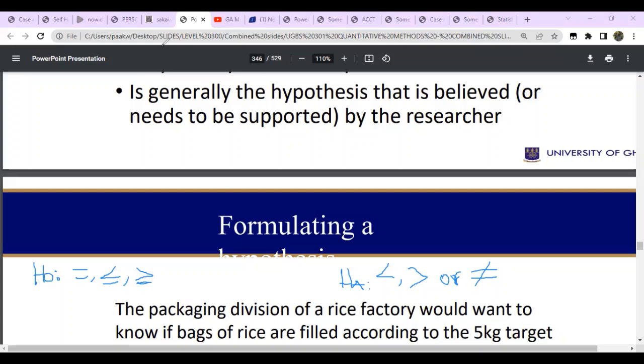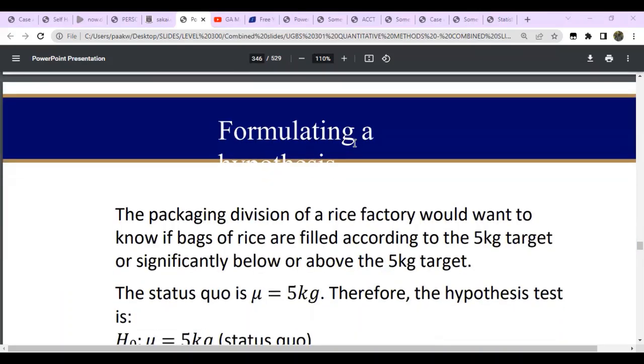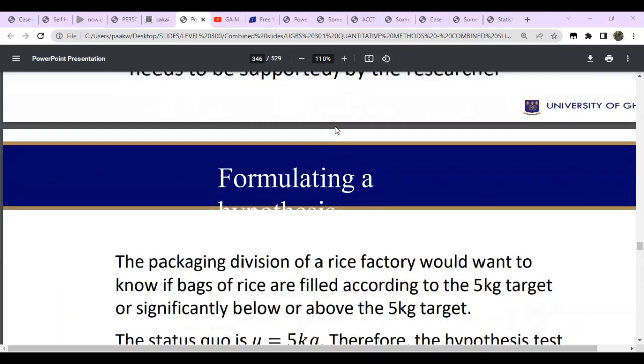Now let's look at the example here. The packaging department of a rice factory would want to know if bags of rice are filled according to the target. According to the 5 kg target. So the packaging division of a rice factory will want to know if bags are filled according to the target. Now the status quo is mu. So the hypothesis for this one will be written, now the packaging department is talking about the